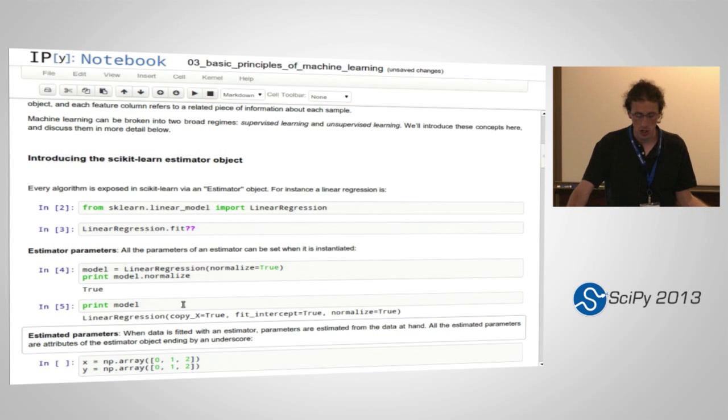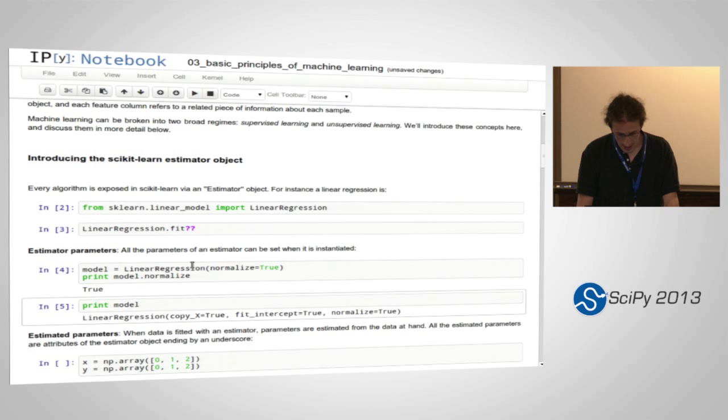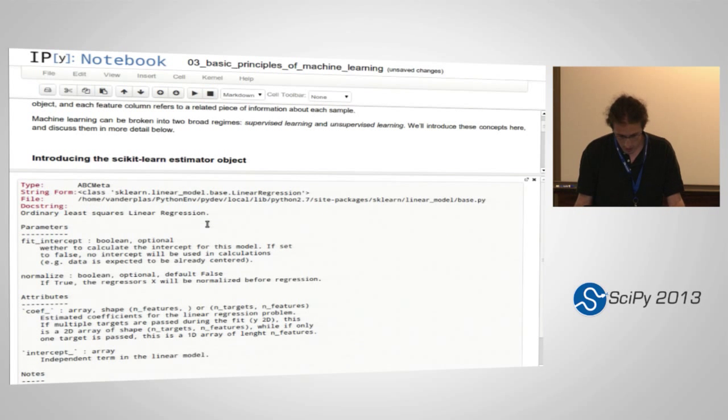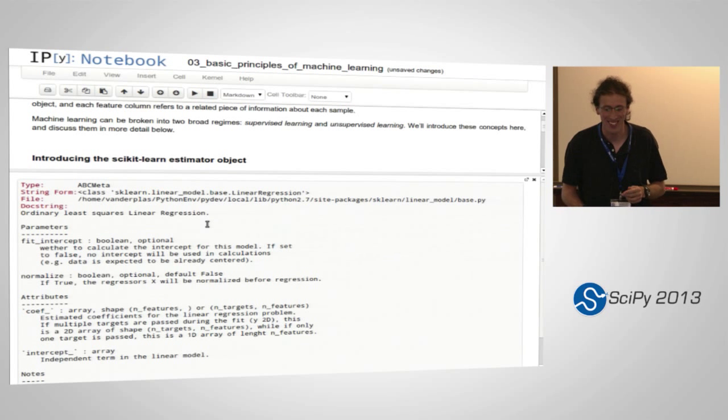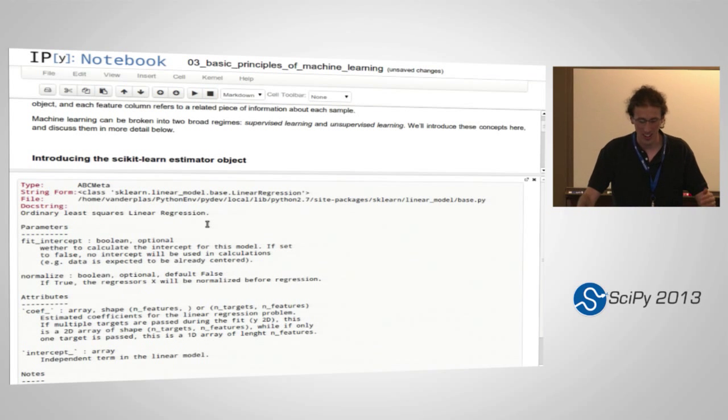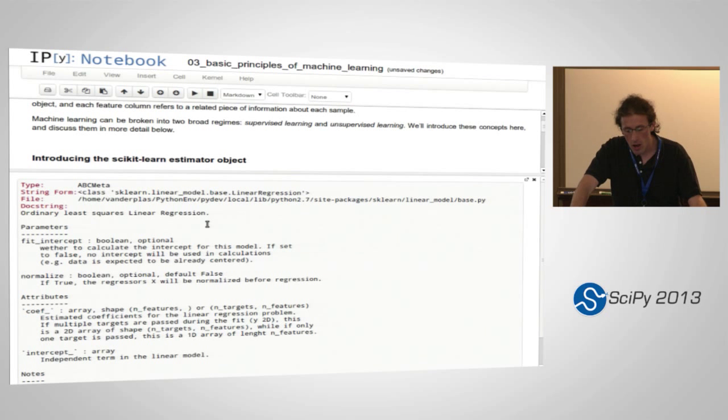And it's a linear regression, and it has a set of parameters such as copy X, fit intercept, or normalize. What is copy X? All right. So what is copy X? Well, the way you figure this out is you look at the documentation of the linear regression object, and you can use a question mark for this. And then here you've got, oh, and it's not in there. I think I noted that when I was writing the tutorial. Okay, so what is copy X? So it's not in the documentation. We should fix this. But